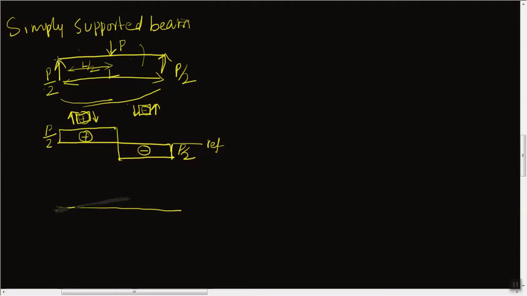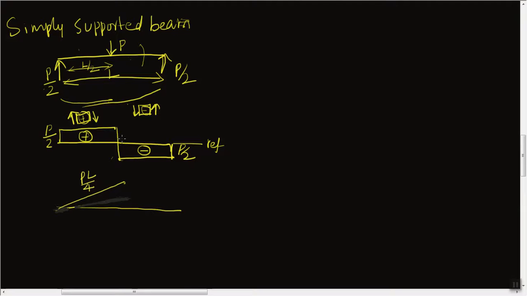Here at this location the bending moment is 0. Okay, and the bending moment here at this location is nothing but this force into this distance. This force is P by 2 and the distance is L by 2, so we will get P into L by 4, right? P into L by 4,